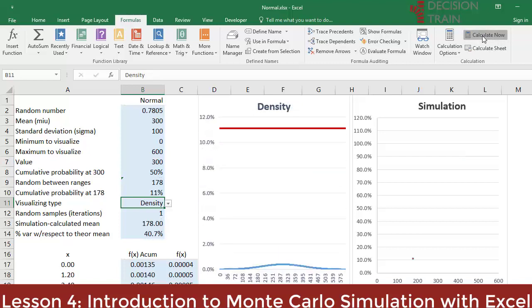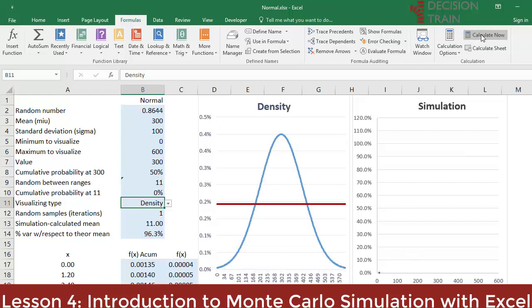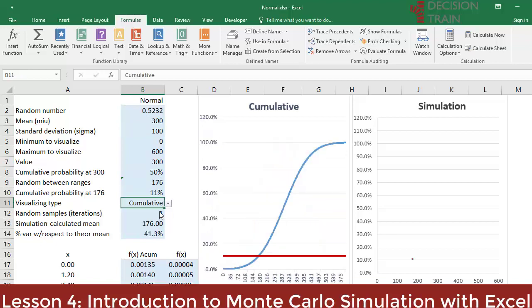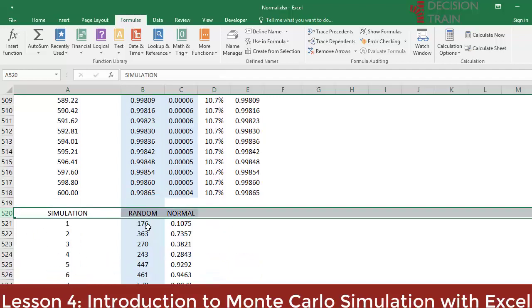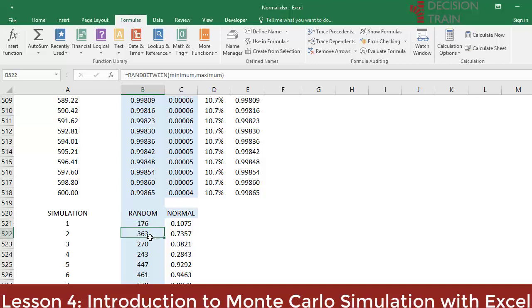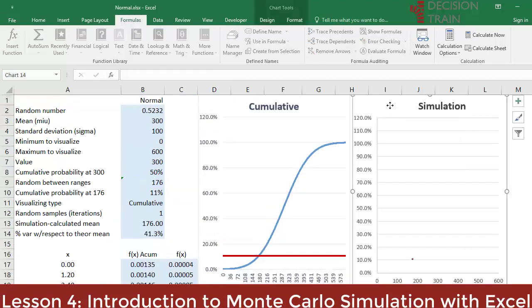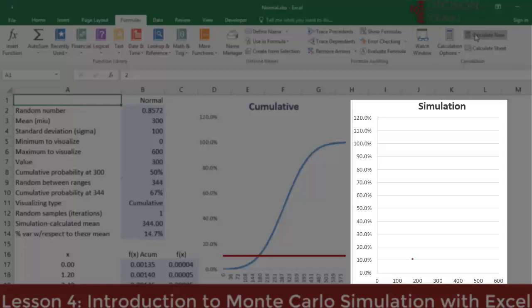Let's go back to the exercise parameters with mu equal to 300 and sigma equal to 100. Let's also return to a cumulative display. Starting from line 518, I have recreated the same exercise of generating many random numbers in the range between 0 and 600. But this time, they are not evenly spaced for the range. Rather, they are randomly generated by the random int function. The oscillating point in the right graph of simulation shows where such a point would be positioned, accumulating its probability according to the normal distribution that we're using.